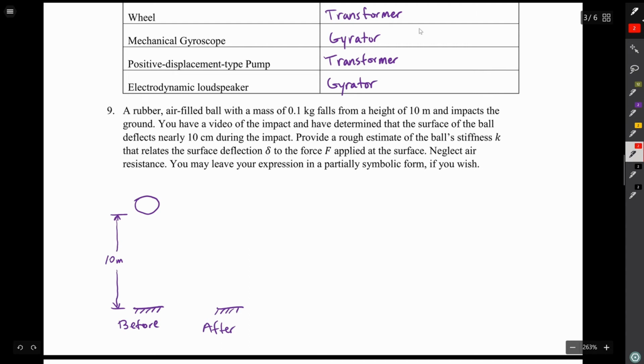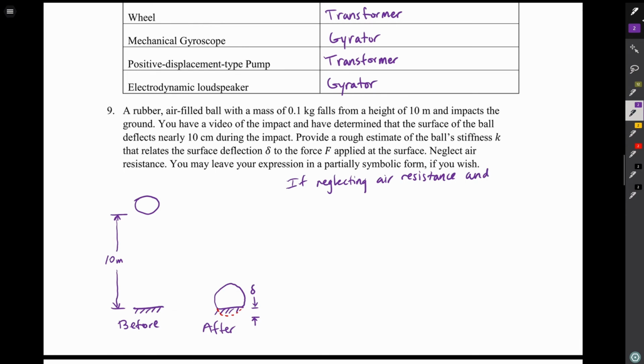and after we let it go, it falls the 10 meters, and when it hits the ground, it will reach a point at the bottom of its impact where again it has no velocity. And you see that the ball has been compressed, and we label the amount of compression at the surface of the ball with a delta. So it's our job to try to determine the stiffness that relates the ground reaction force with this deflection variable